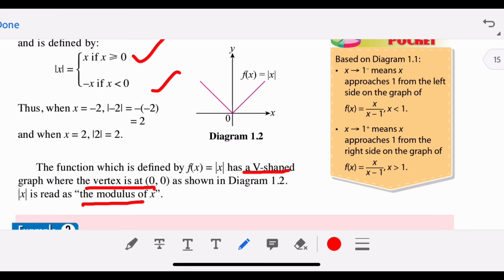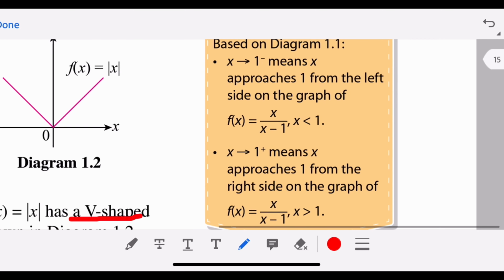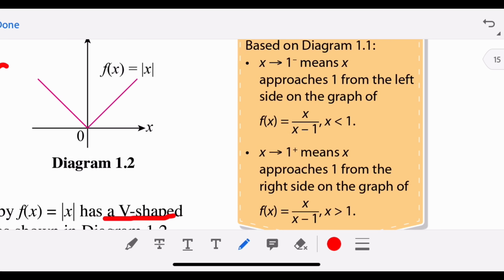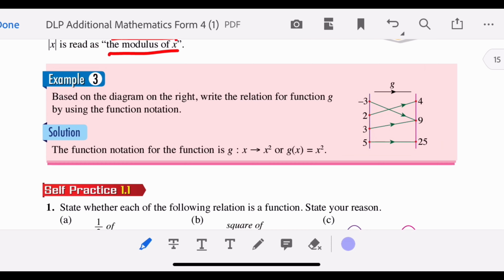So the function defined by f(x) equals modulus x is a V shape. It's a V shape, please remember. It must be a V shape. So when x approaches 1 from the negative side, it means that x approaches the